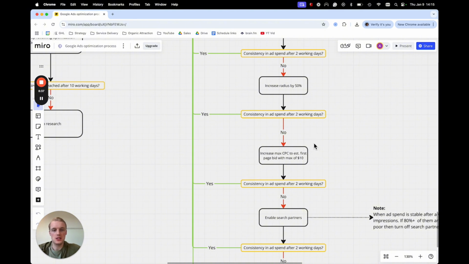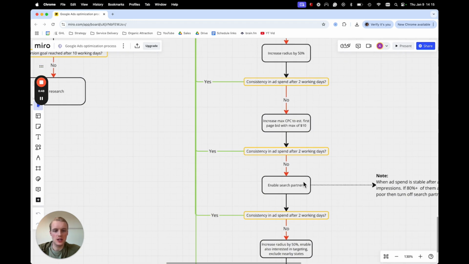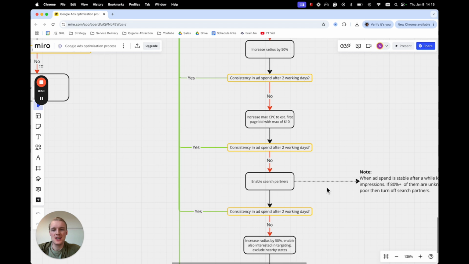But if this is not working, then you can either increase your cost per click to $10 and also just dive into the campaign like, hey, what is now not working exactly? If this didn't work, enable search partners. Search partners is essentially, for example, Yahoo, or the search websites that are part of the Google